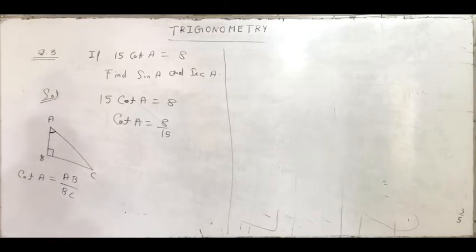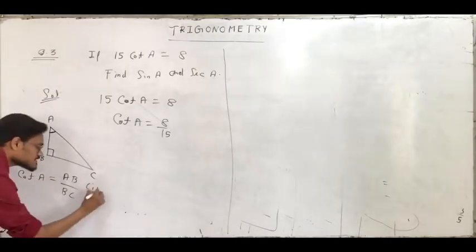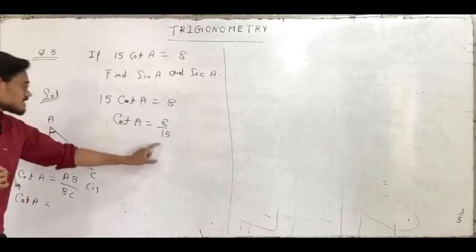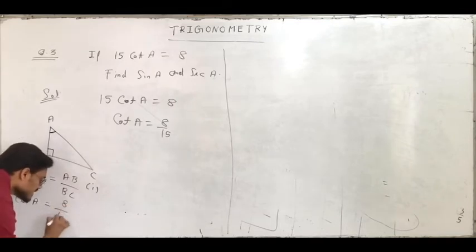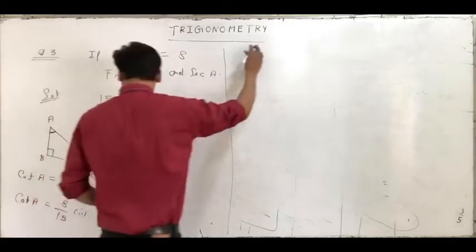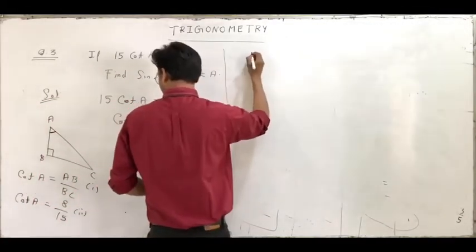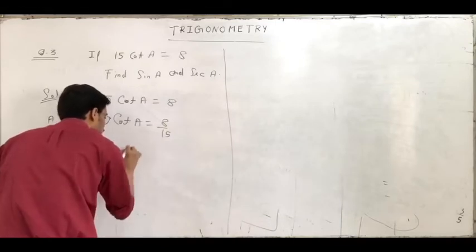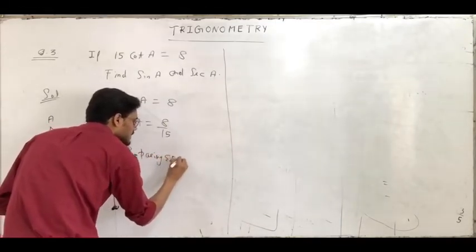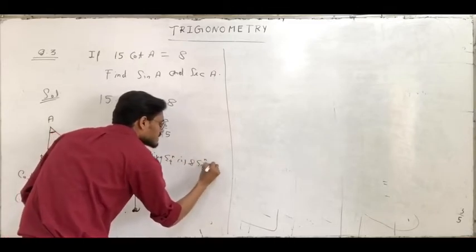So cot A is AB upon BC. It's equation 1. Now what are we given? We are given cot A is 8 by 15. It's equation 2. Comparing equation number 1 and equation number 2,